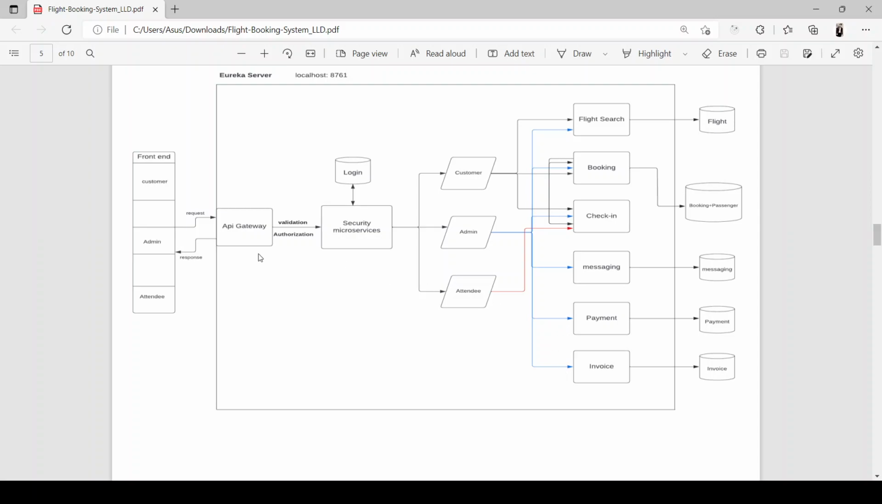So the flow is: API gateway is there, which consists of the security. Security is basically authorization and authentication. I have used JWT, JSON Web Token based authentication and authorization, so that it definitely ensures I have a secure website here. So it will enable the three roles to access their respective microservices depending upon their authorized roles. These microservices are interlinked with the databases specifically for them,